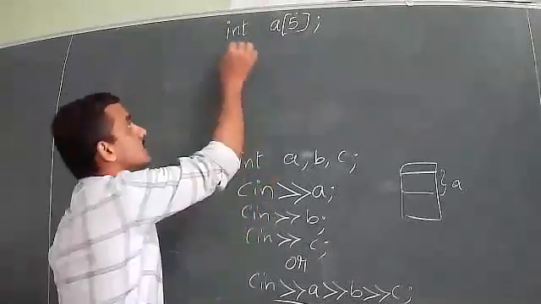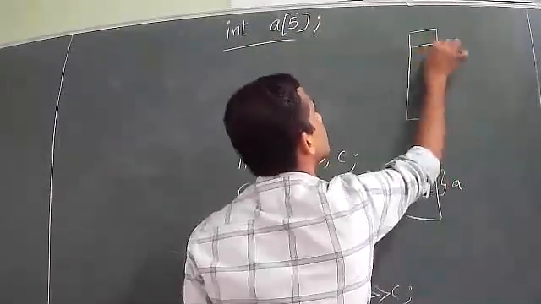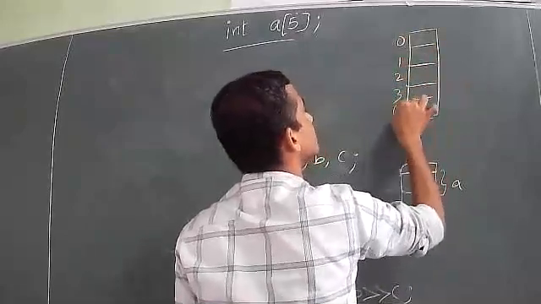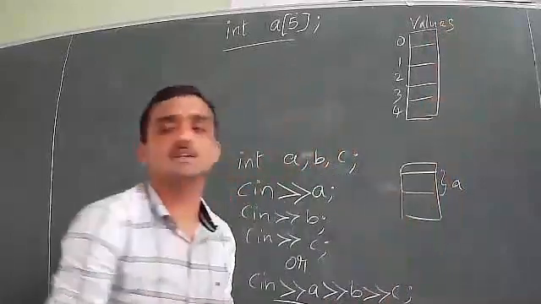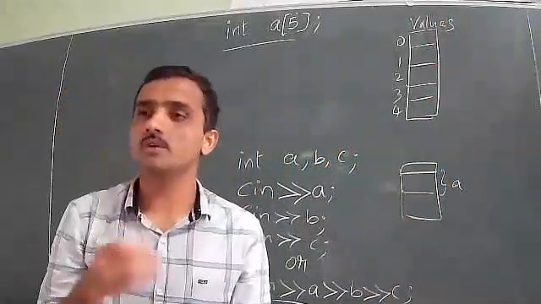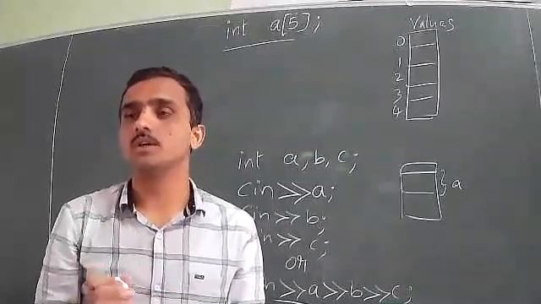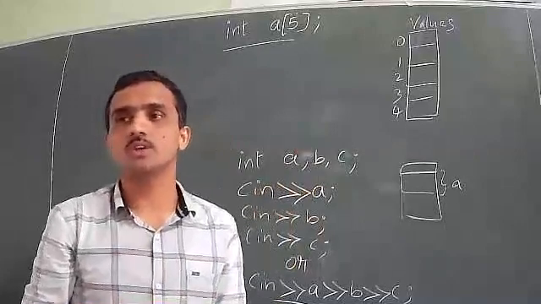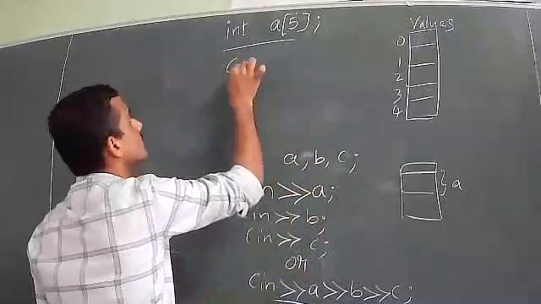Now we will write the same statement for this. Once this is done, in the memory representation, you consider the 5 locations, starting from 0. These are the values part, and in the values part, you don't write anything. Actually, the compiler will give some values by default, but let us not worry about it. Let us assume that there are no values. We are trying to store the values. Now, if I want to give the input value, I have to make use of cin statement.